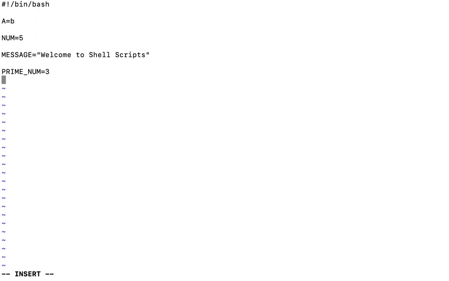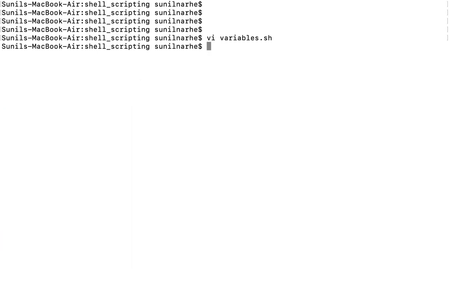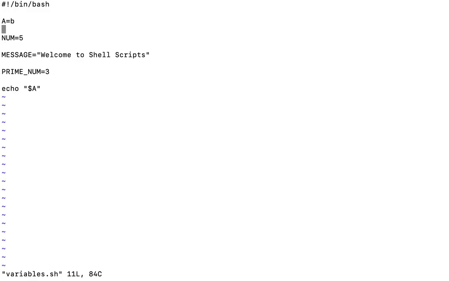So here it's simple, we use echo space dollar A. Okay, let's execute this and understand how our shell script works. Here only the character B gets printed. That means we have printed the value of A.